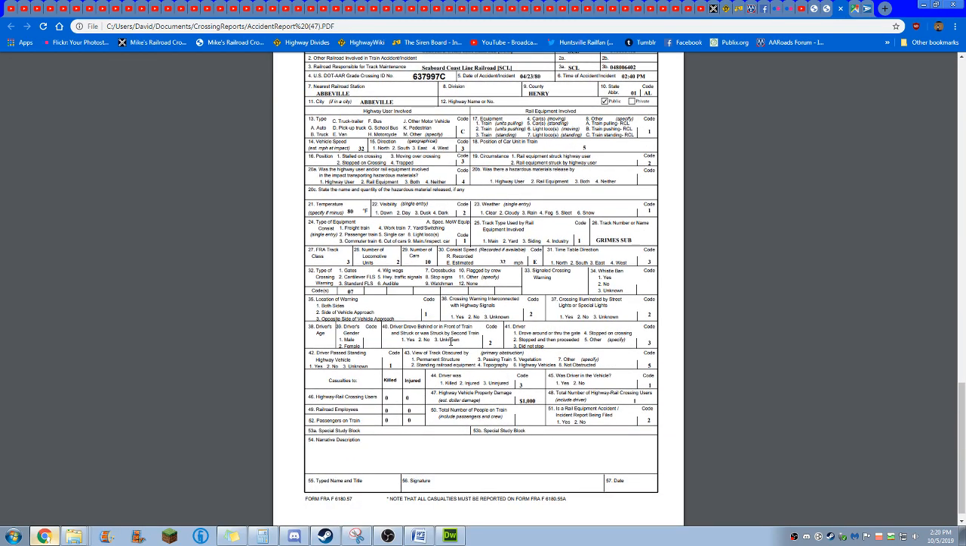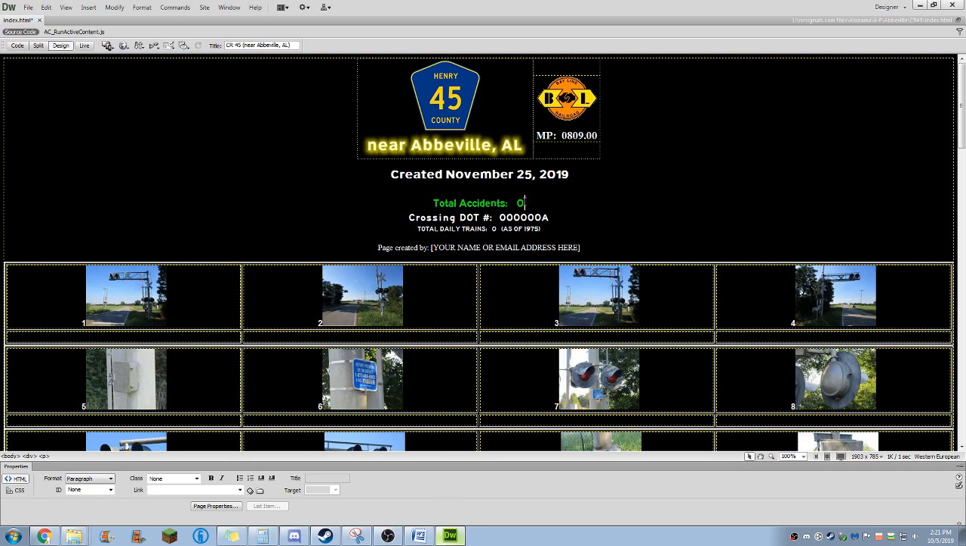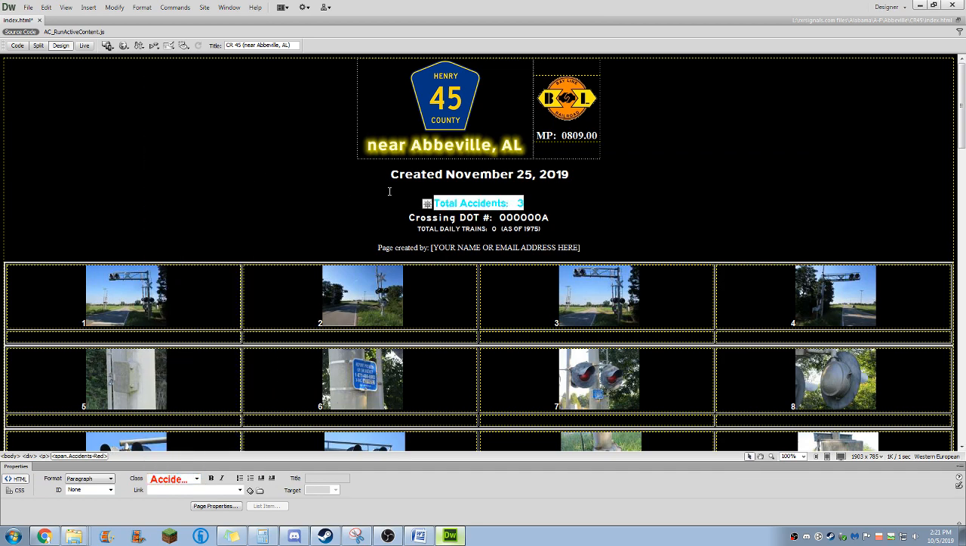And 3. So yes, there are 3 accidents here. So now we go to total accidents, 3. Then you select the entire thing, and you change it to accidents red from accidents green. Because accidents red means that there is no